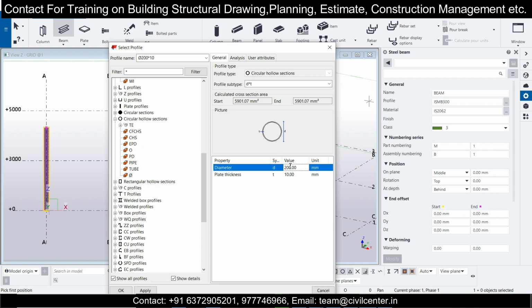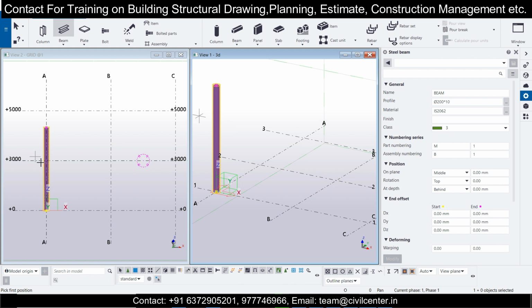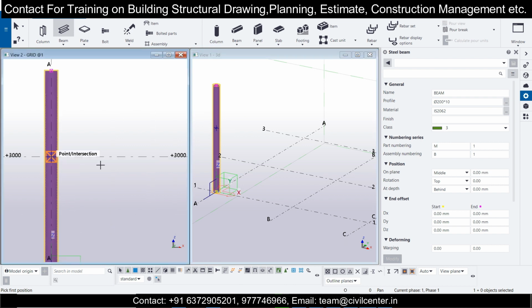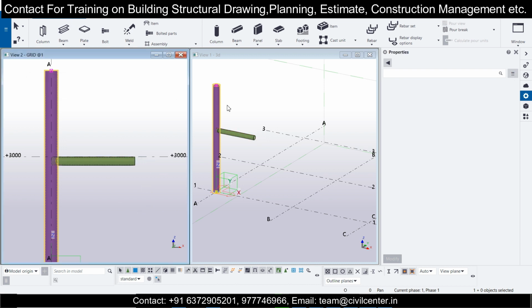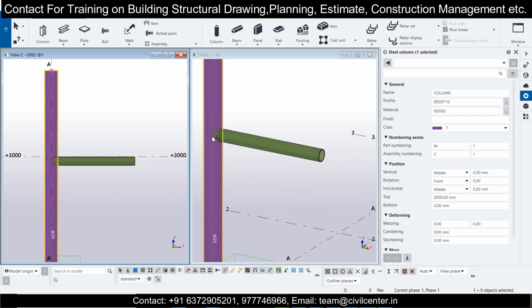We have selected 300 for the column, so let's go with 200 for the beam. Click on apply and then OK, and here you can select this point, and select any particular length. Suppose we want to go for 2000 or 2 meters, we'll click right and type 2000 directly and then click on OK. So as you can see, this is the beam. I've made this to show you the connection between the beam and the column.